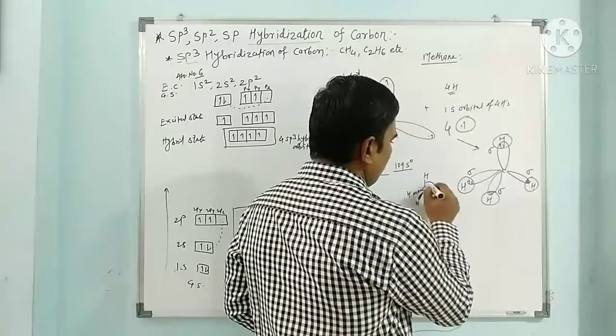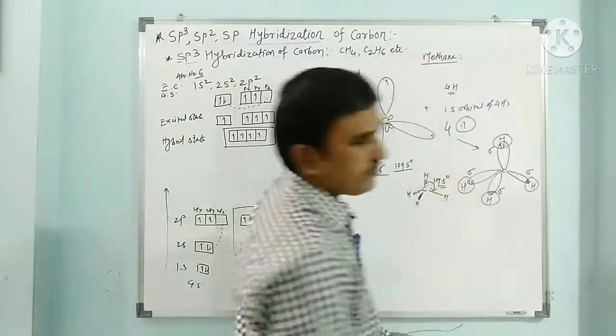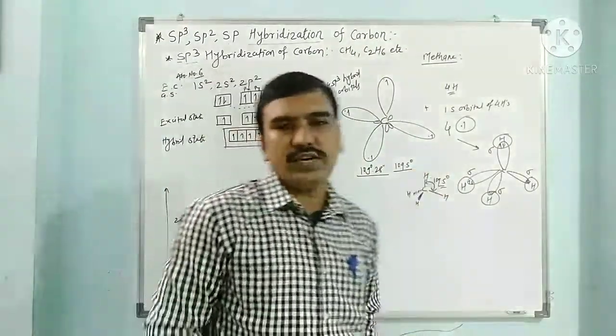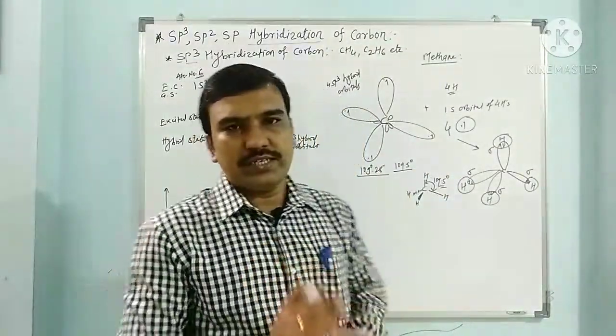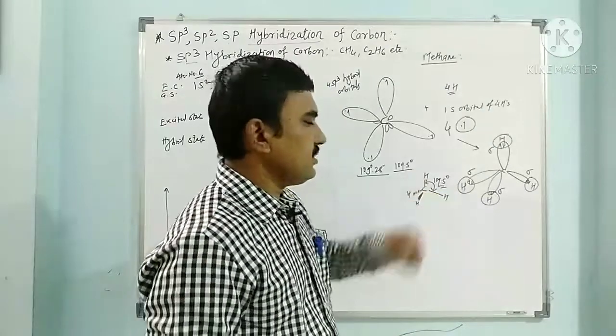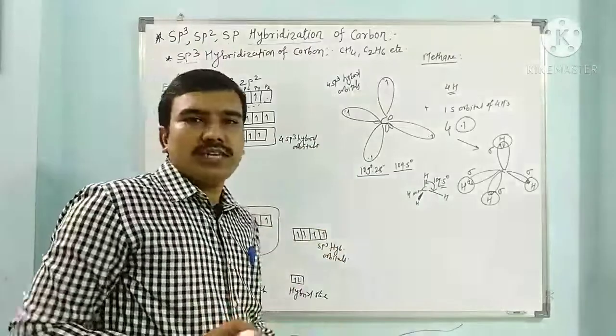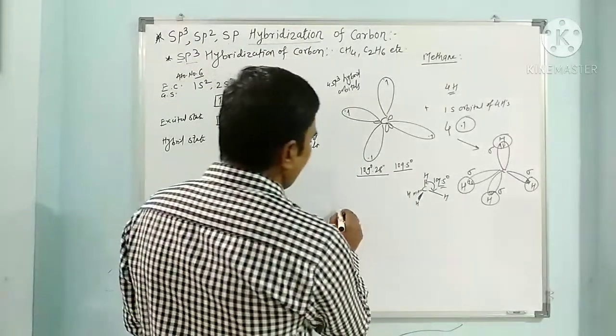Here the bond angle is 109.5 degrees, or 109 degrees 28 minutes, which is the bond angle of H-C-H in methane. In a similar way, the ethane molecule can also form. If you see the example of ethane,